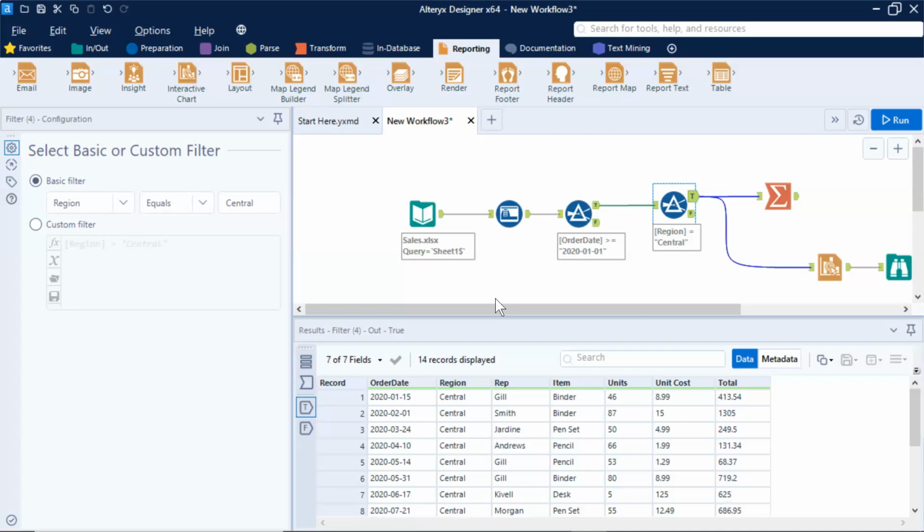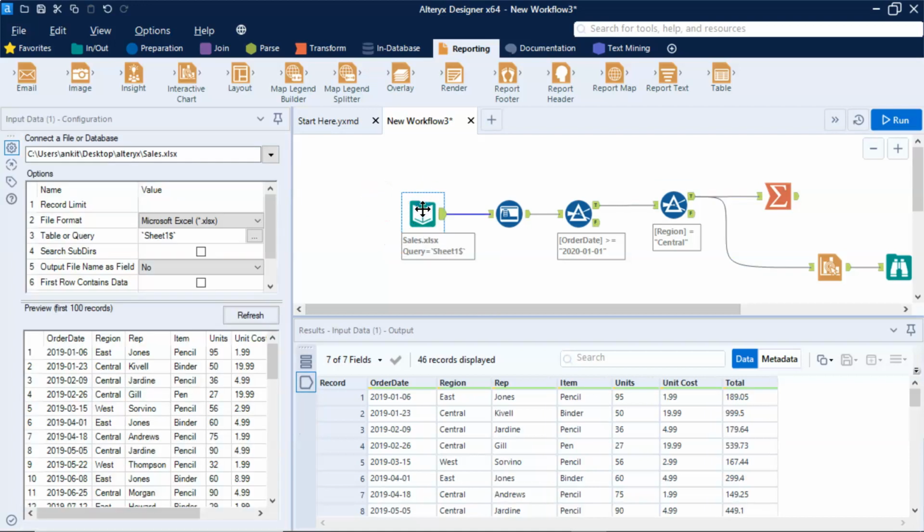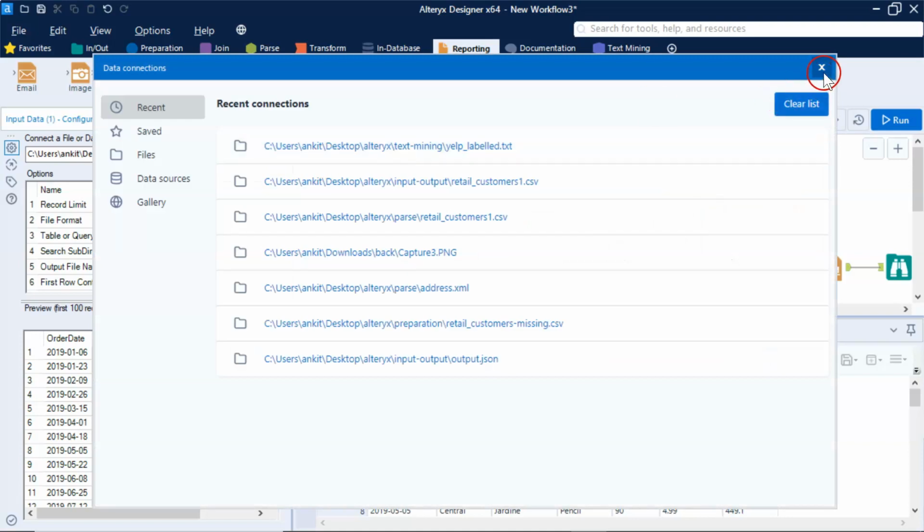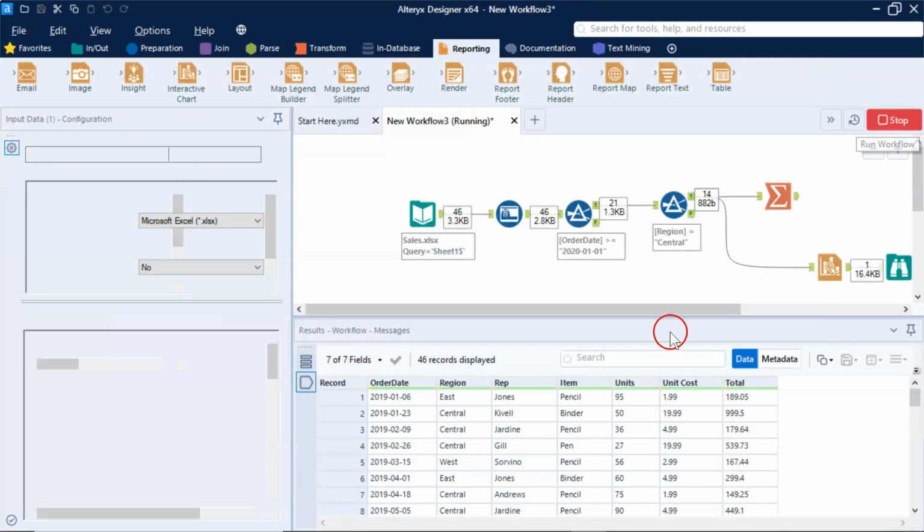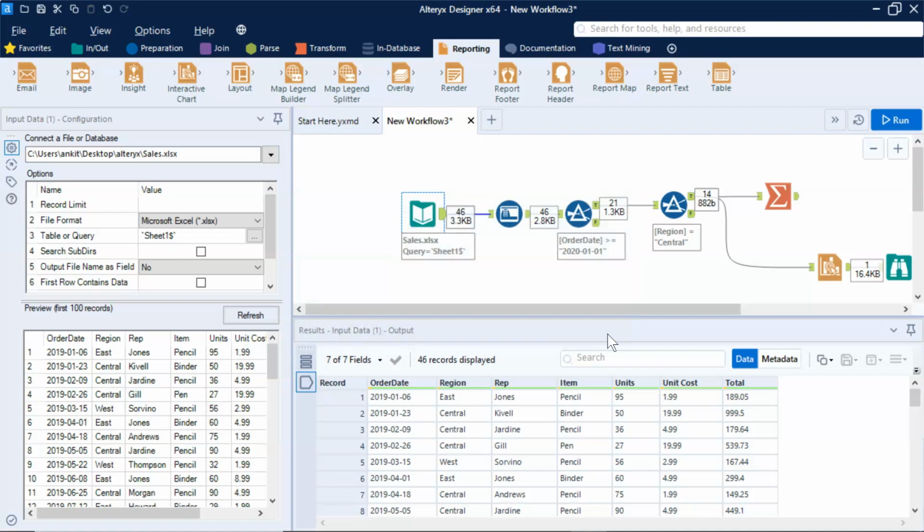But in Excel, the moment the next Excel file comes, you have to again perform all those steps. Otherwise, you can create even a macro in Excel. But in Alteryx, I want to show you about Alteryx. So Alteryx is a very easy to use tool. We have just used drag and drop. Now, next time when you get a new Excel sheet, you can simply change the path of the Excel sheet from here and just click on run, and everything just works like magic for you. So that is the beauty and power of Alteryx.